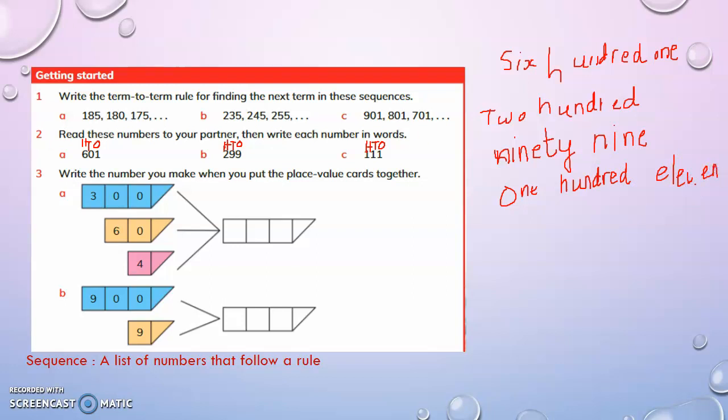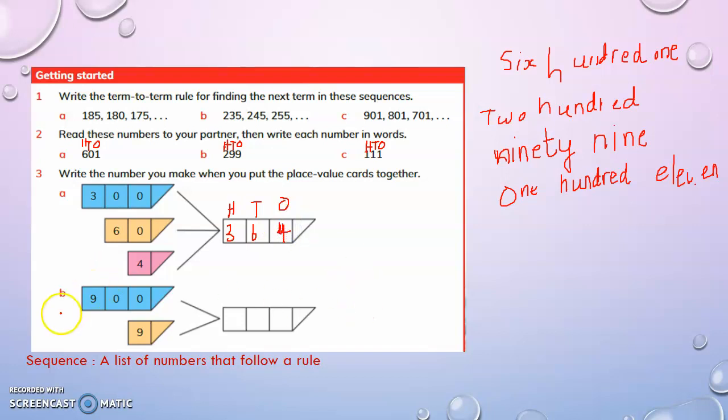So this is about reading 3-digit numbers and number names. We know when a number is written in words, it is called number names. So these are the number names for the numbers given here. Write the number you make when you put place value cards together. So 300s, this you can take as ones, tens and hundreds. It is 300s, 6 tens and 4 ones. So the number represented by this is